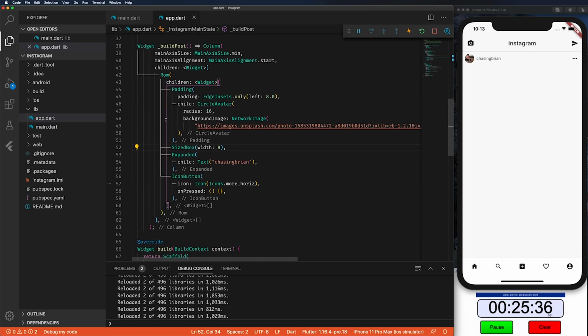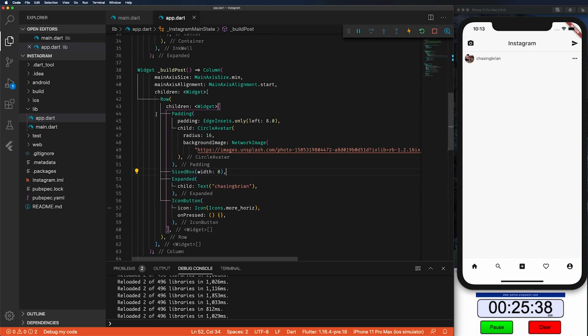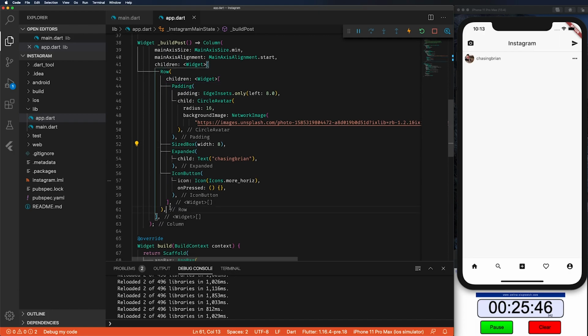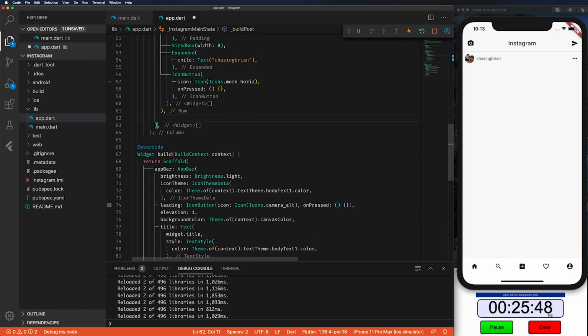So now we have our post, and inside that post we have this row, which is going to be that little header, and then this is where we're going to put our imagery. Right, so this is the actual post, and what we want to do there is we want to use an aspect ratio, because we want to make sure that that post doesn't get out of hand. And the aspect ratio we're going to use is 1, so that's 1 to 1, which is going to be a square. Right? And then in that child, we're going to put a container, and that's where that's going to